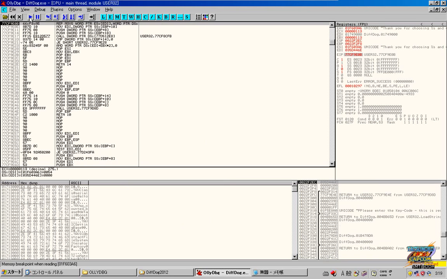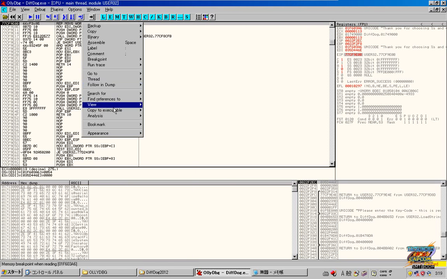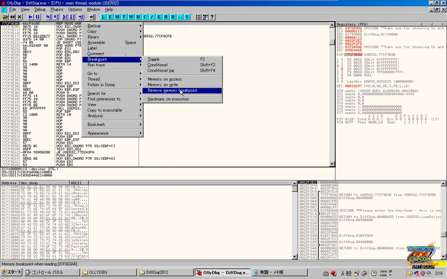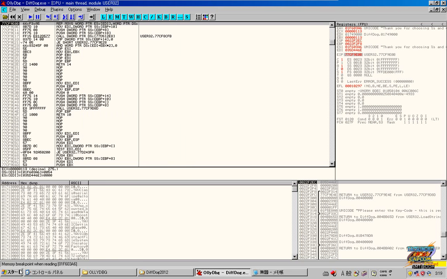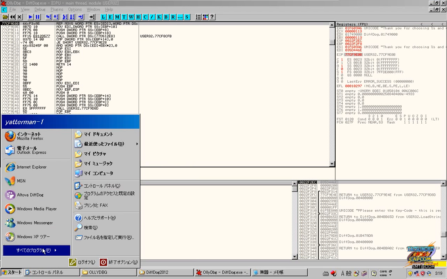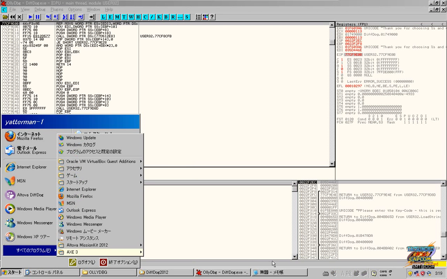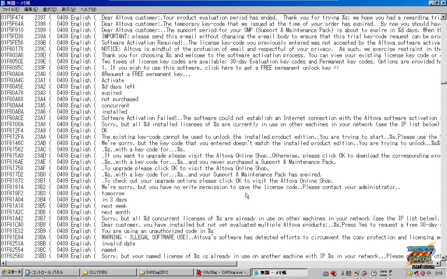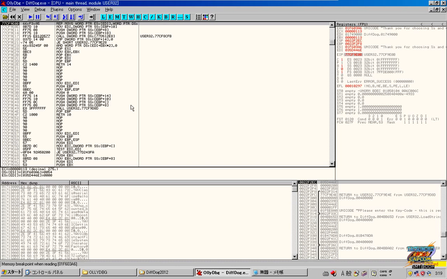and let's run this program. Okay, and memory breakpoint again. Now I don't need the memory breakpoint anymore. I now know that, so I'm going to remove it. Remove memory breakpoint. Okay, I'm going to open up another notepad real quick. Actually, I don't need another notepad. I'm just going to use this one because we found the area where